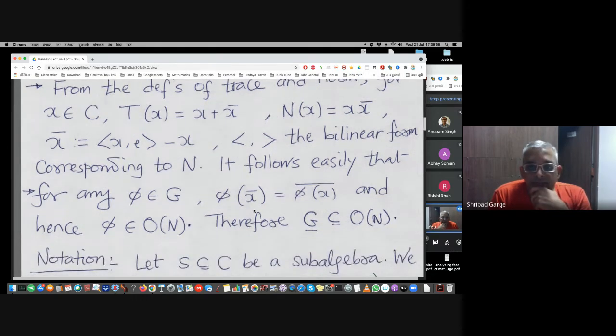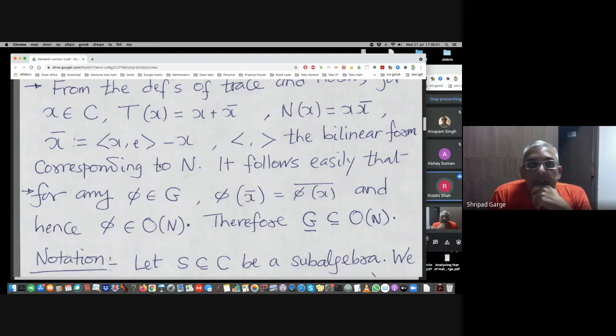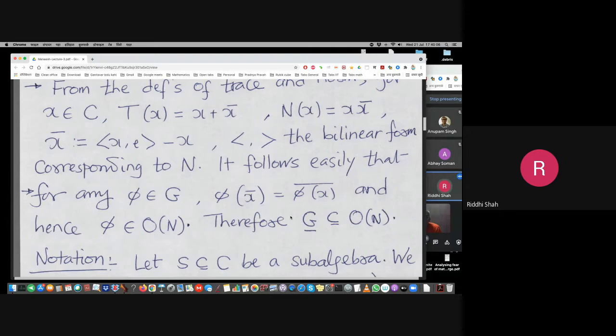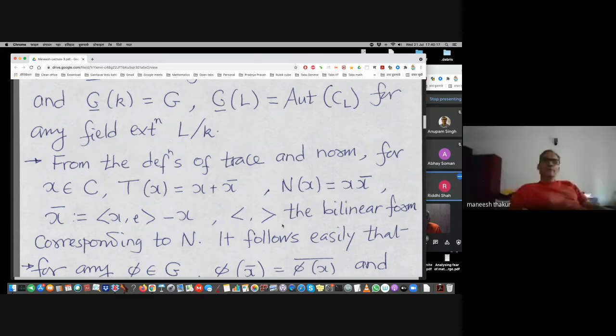Now, this is something that we had some... What was this E here? Can you clarify? E is the identity element in the algebra. Yeah, but somewhere, Manish, you talk about E invariance or something. It means an automorphism keeping E invariant. I thought if it's an identity element, it would be invariant, right? Yeah. But the point is you are trying to say any automorphism is orthogonal with respect to this quadratic form and of one dimension less. So that's where we say it fixes E. Of course, this is the identity element of the algebra.